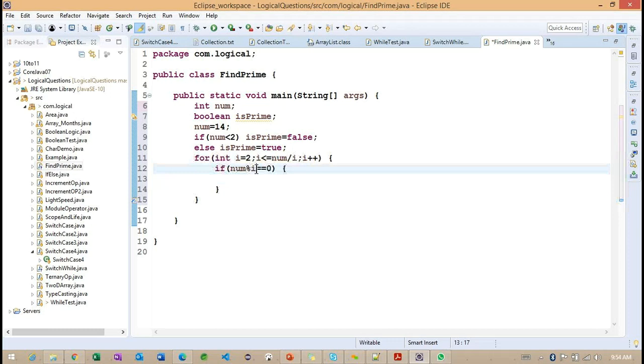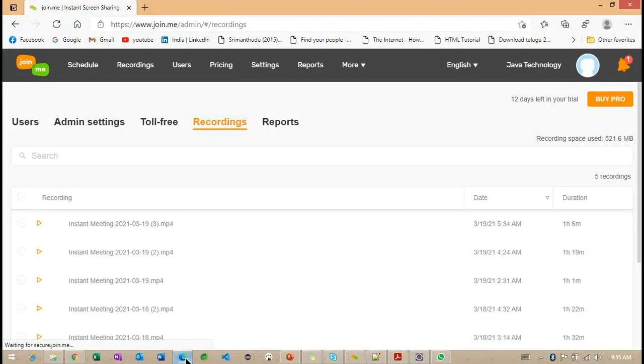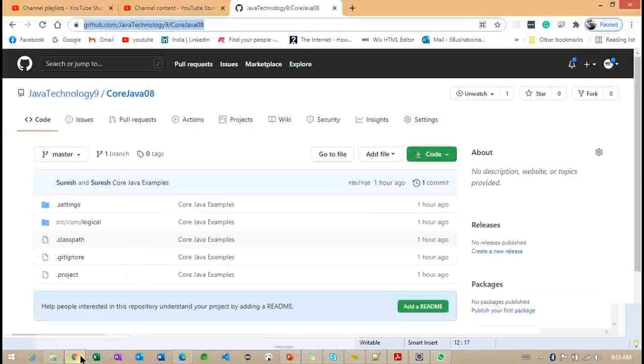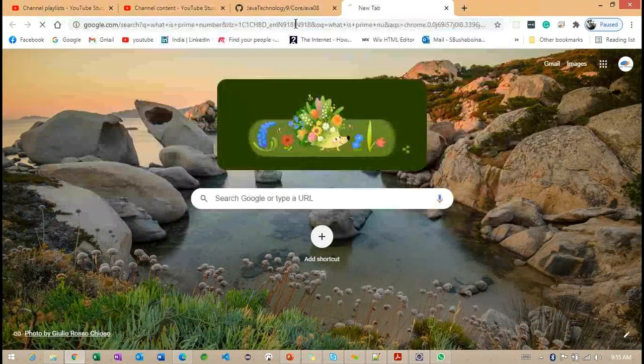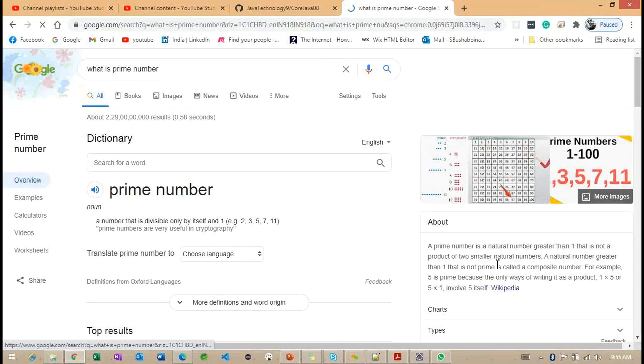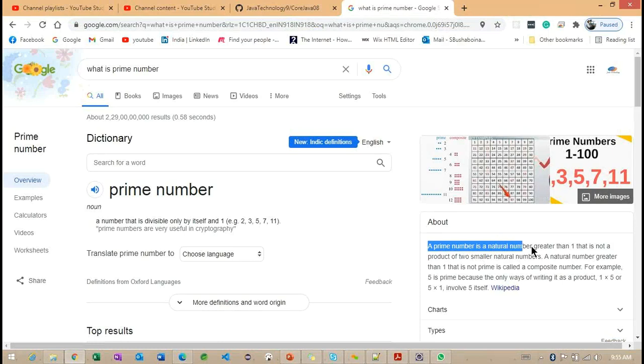Let me take a break here. Okay, meanwhile, these are the recording sessions. To understand what a prime number is, just read a sentence here and you will get an understanding.